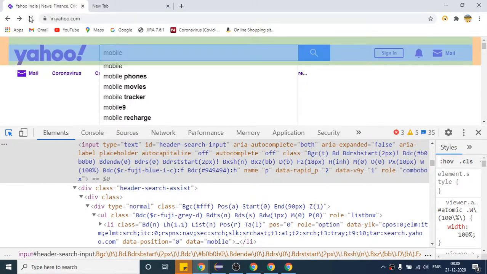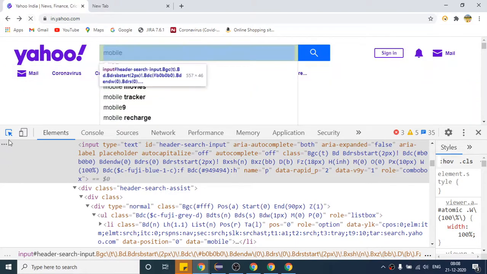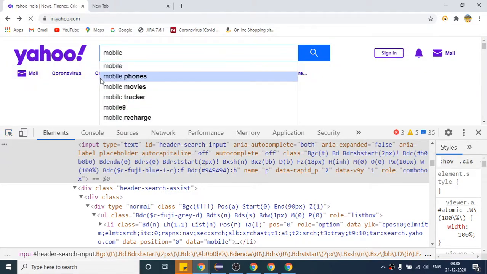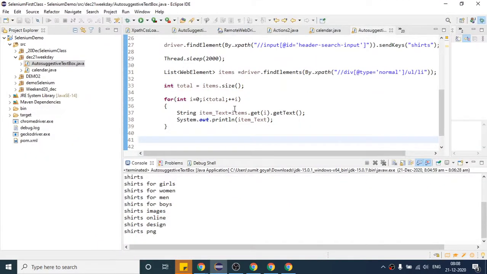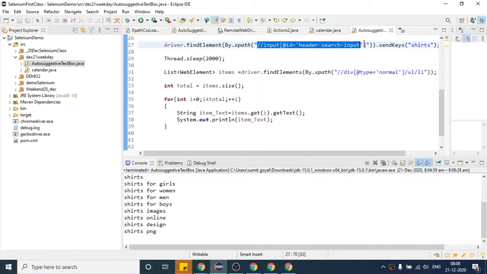Okay, so let us wait for the website to load completely. What is the XPath I have written? Let me search with this. So this is the XPath I have written.